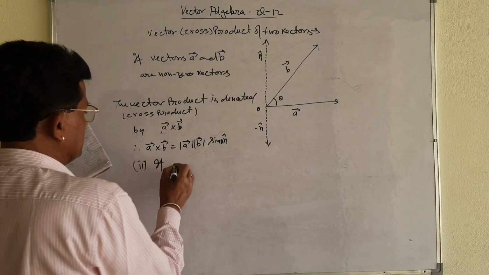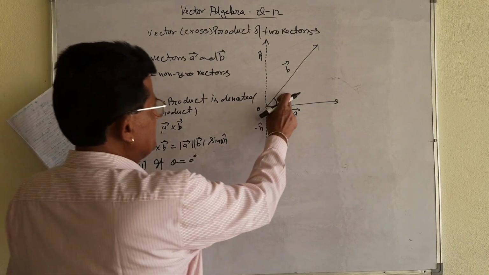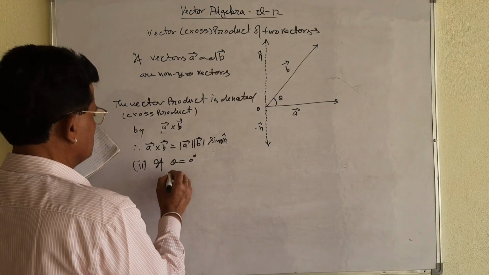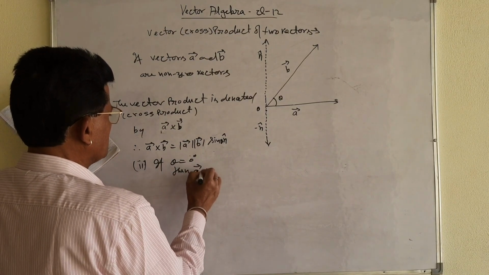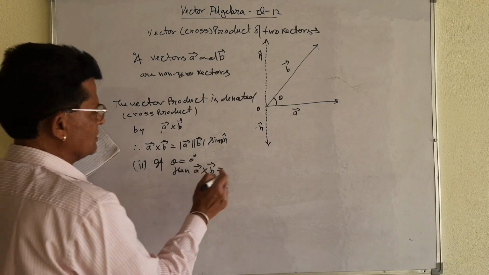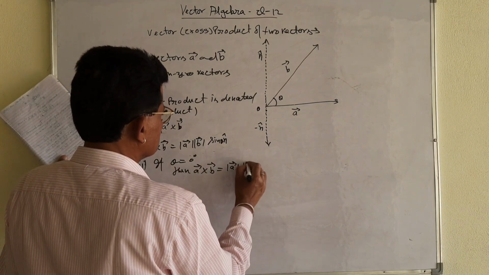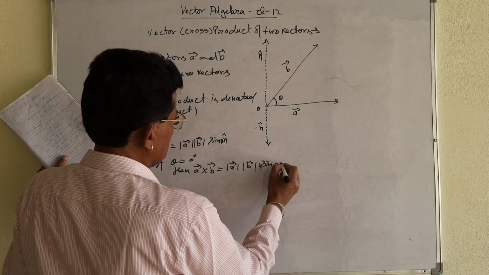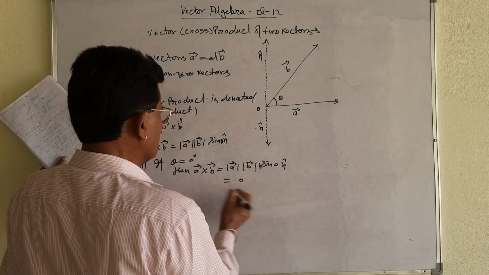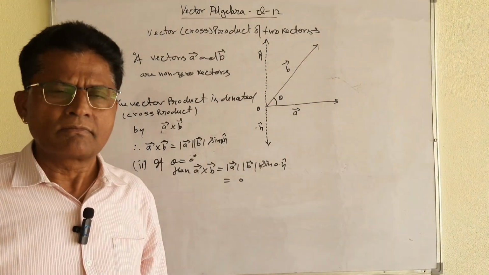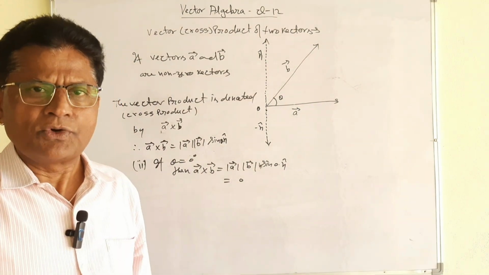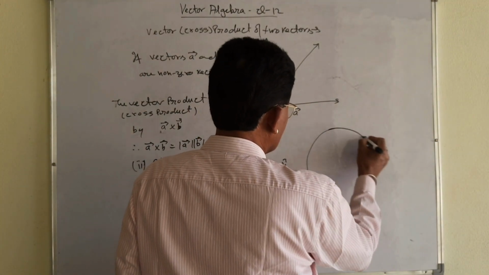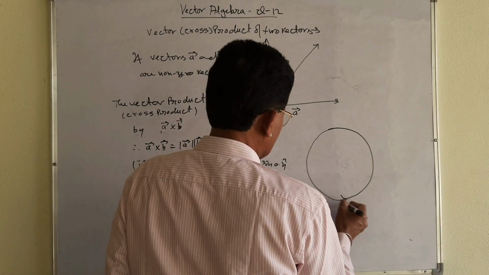If theta is equal to 0 degree, this theta will be 0. Then what will happen? You see the condition, substitute theta here, then vector A cross B will be equal to, theta is equal to 0, sin 0 multiplied by n. Sin 0 is 0, so that will be 0. This will be 0. Let me take some more things, because I already discussed this condition, but you see.